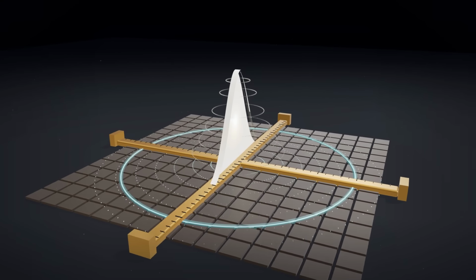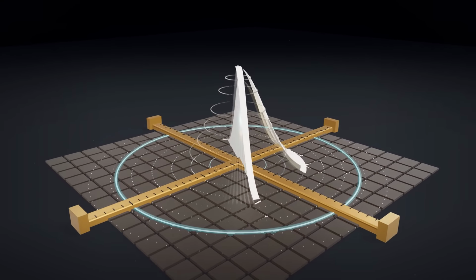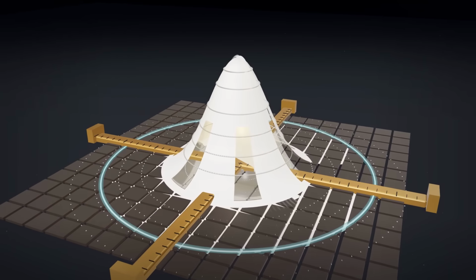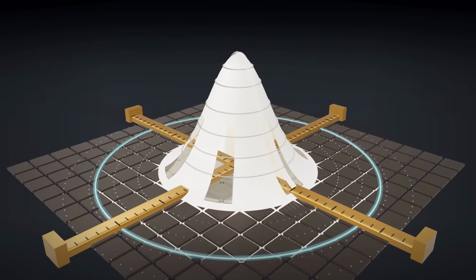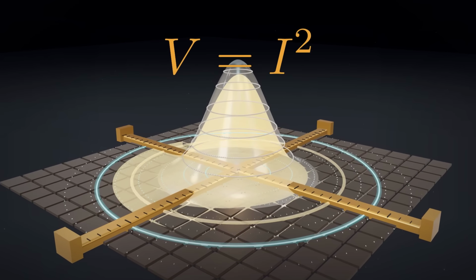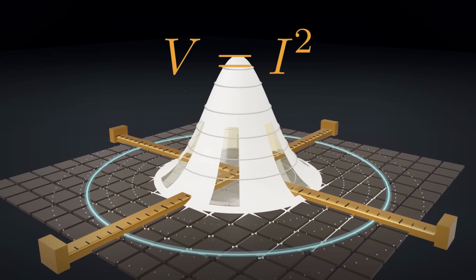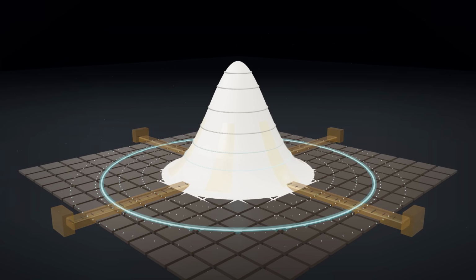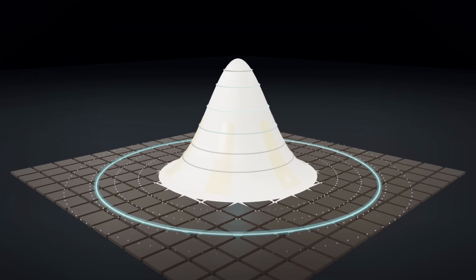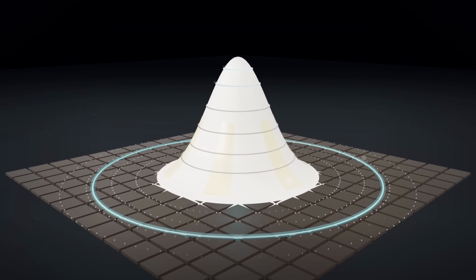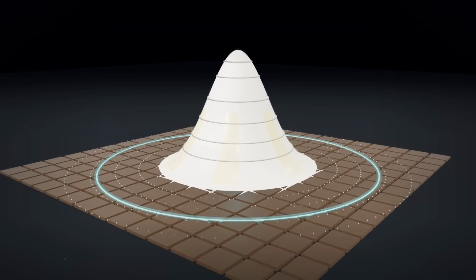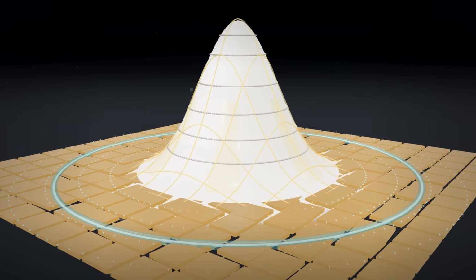Picture what we are looking at now. The flat curve has lifted into a surface. A perfect round hill standing over the plane, tallest above the origin, falling away in every direction at once. The volume underneath that hill is exactly I squared, the number we are chasing, and that hill does not care about x or y in the slightest. It cares about one thing only, how far you are from the center. Spin it, and it looks identical from every angle, which tells us that we have been speaking the wrong language